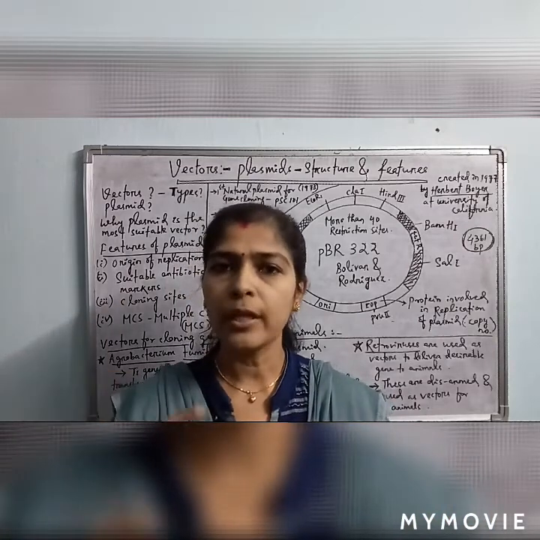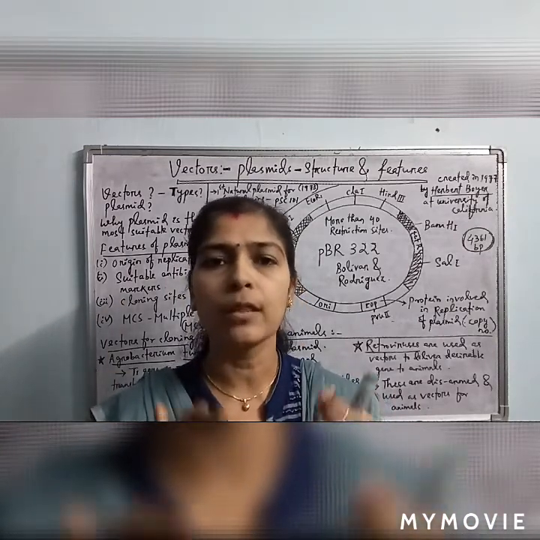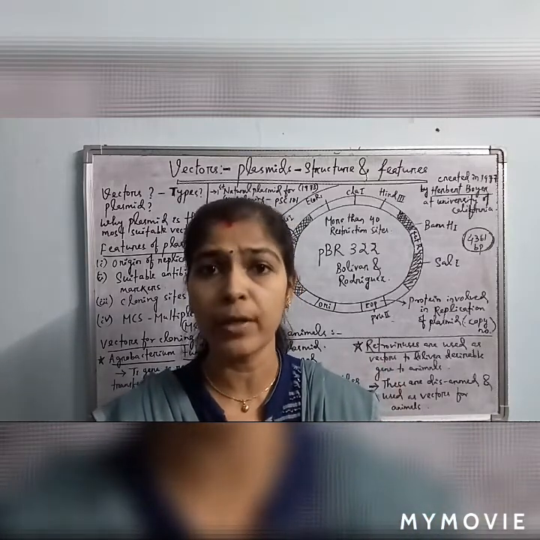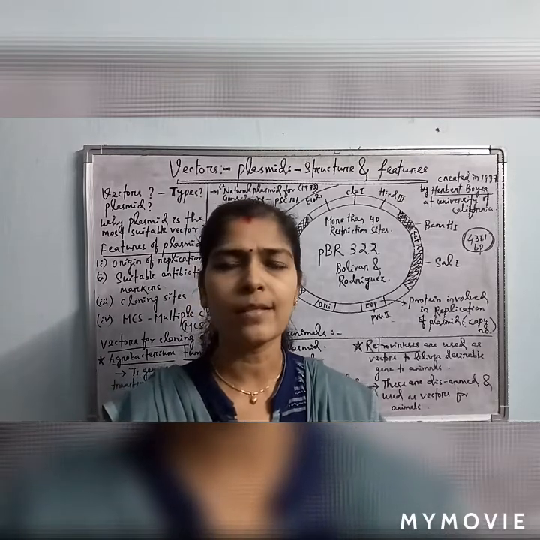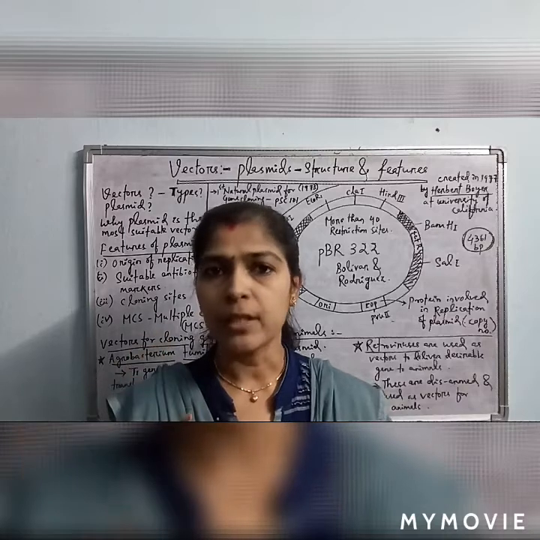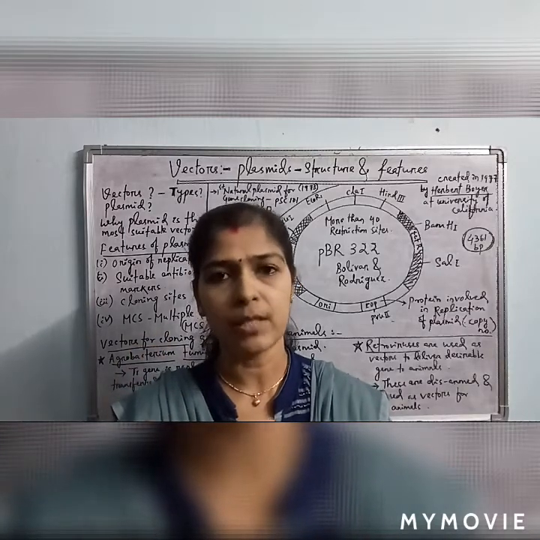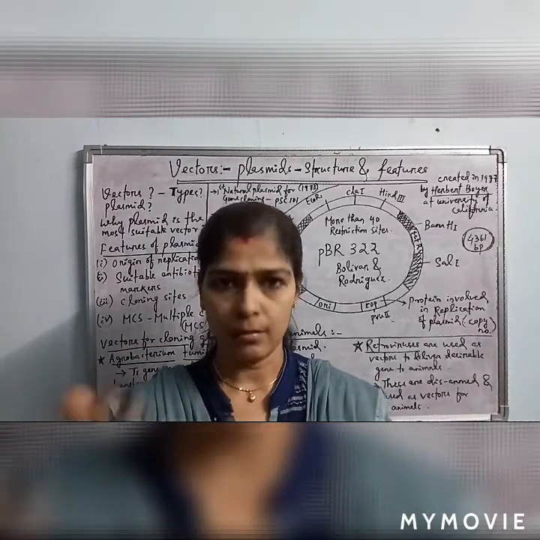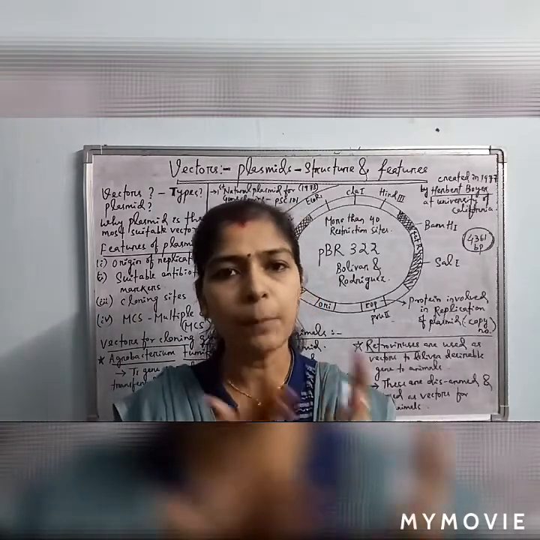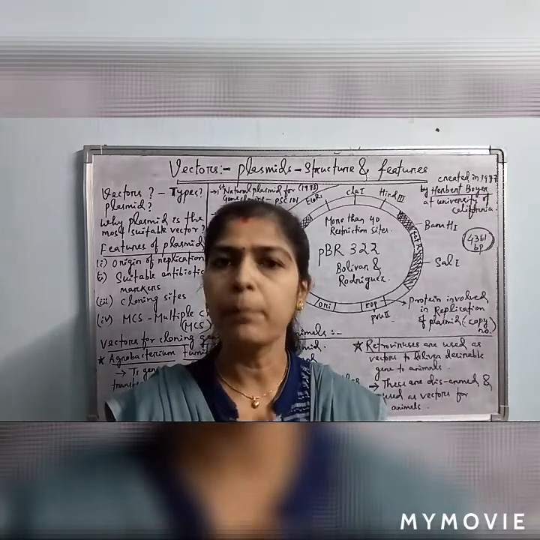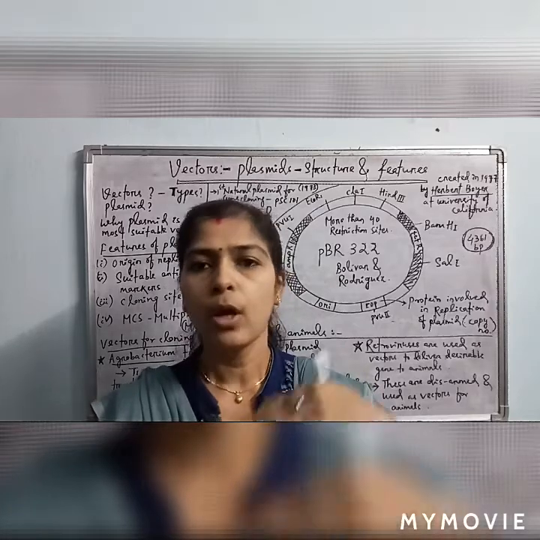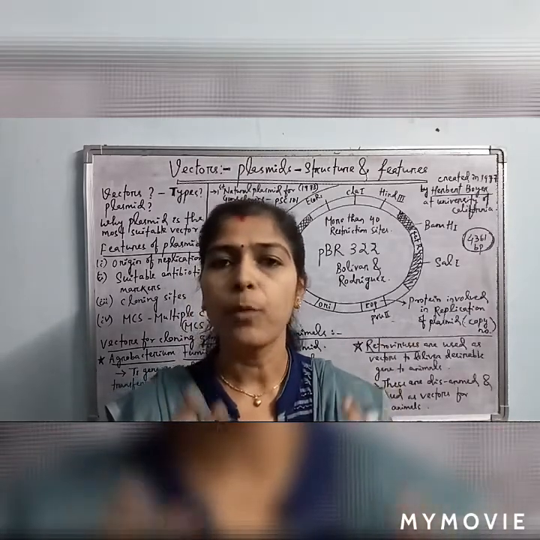And naturally the E. coli cell, which is mostly used in the gene cloning procedure as host bacteria for multiplication of all these recombinant plasmids, these normal E. coli cells are not resistant to any of the antibiotics. But if the plasmid having an antibiotic resistant gene is transformed into the E. coli cell, then that bacteria becomes resistant to that particular antibiotic, and this transformed bacteria can be screened out, can be isolated from the non-transformed bacteria by making poison agar plates.